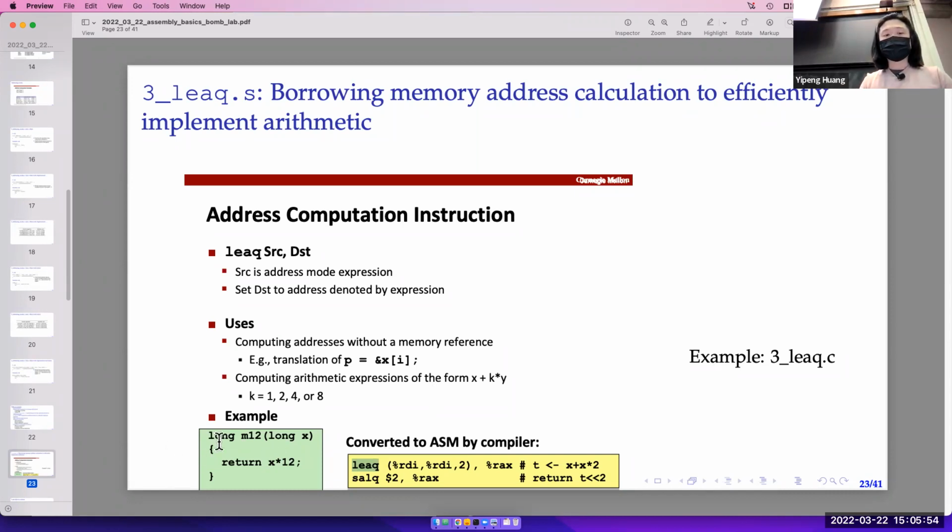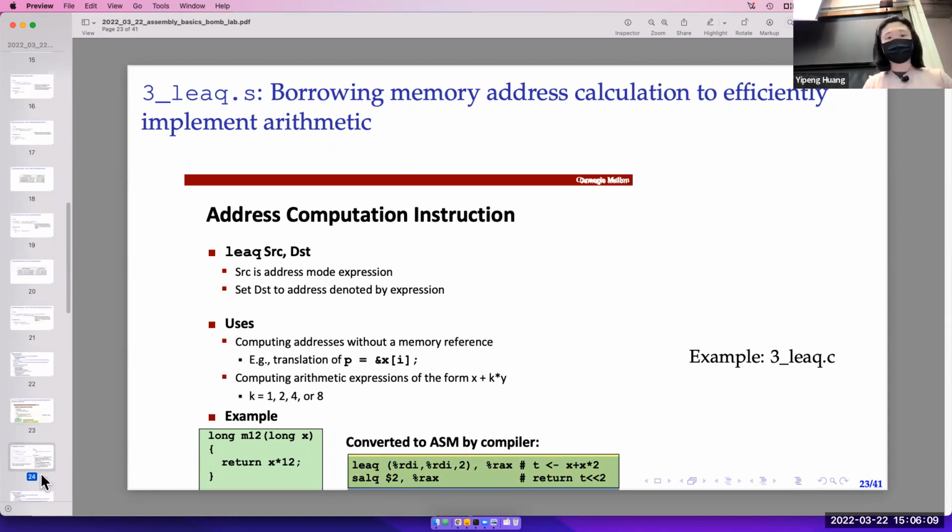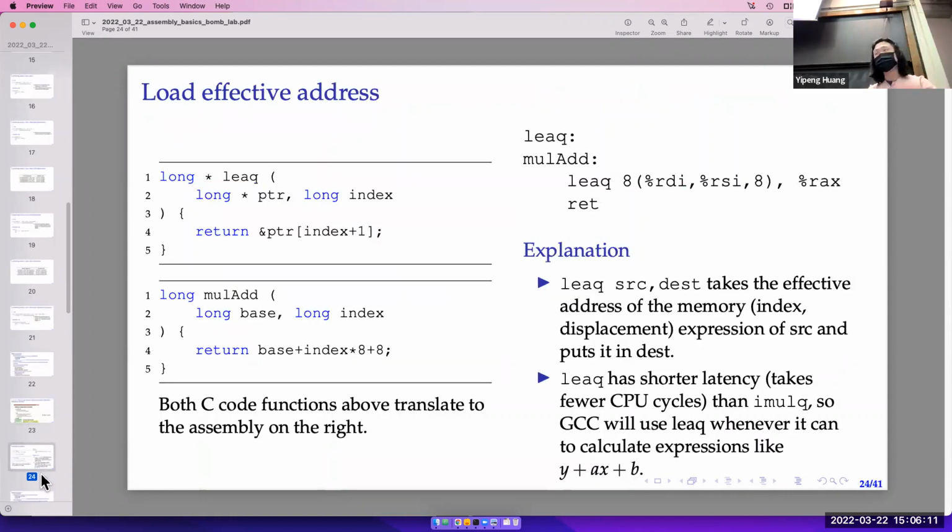And the example here is that, okay, I have some multiplication here, and instead of compiling this into an instruction that uses multiplication, it's getting compiled into this instruction here that uses LEAQ. And we had some examples of this in the example programs that we have, where on the left-hand side here, I have two C programs,